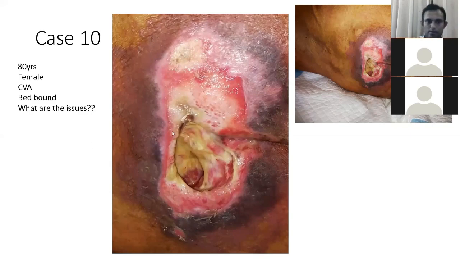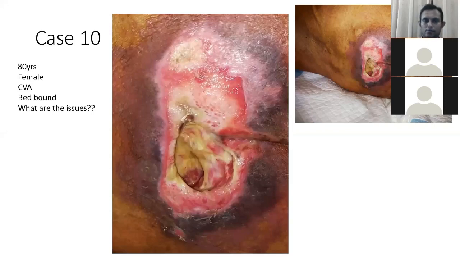Now we only have another 10 minutes. So anyway, another problem, she may be anemic, she may have hypoproteinemia, all those problems are there. And the fact that she's 80 years old, we have discussed this in an earlier lecture, age itself causes poor healing, because the body's healing process, everything is old now. So age and the condition of the skin, and maybe she's having micronutrient deficiencies and all that.